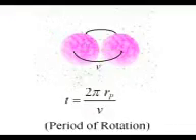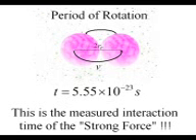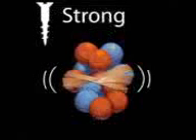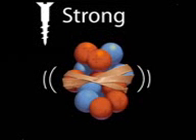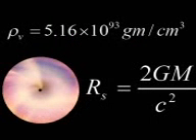This essentially means that the protons inside of a nucleus can be thought of as black holes orbiting each other at the speed of light. A fascinating concept. If we then calculate the period of rotation of this system, we get 5.55 times 10 to the negative 23 seconds, which also happens to be the characteristic interaction time of the strong nuclear force. So apparently the strong force is actually quantum gravity at work due to the black hole nature of the Schwarzschild proton.